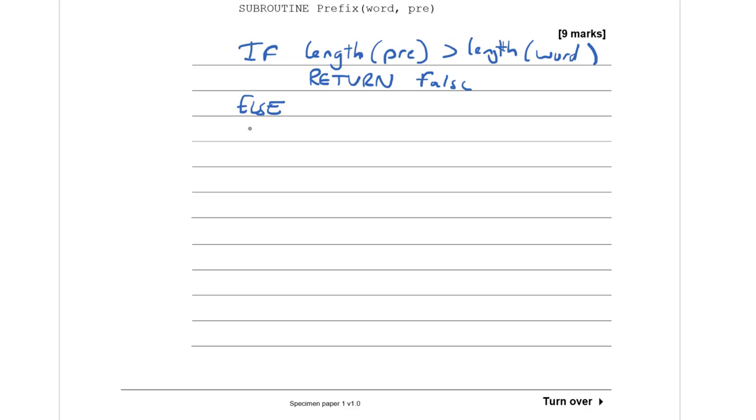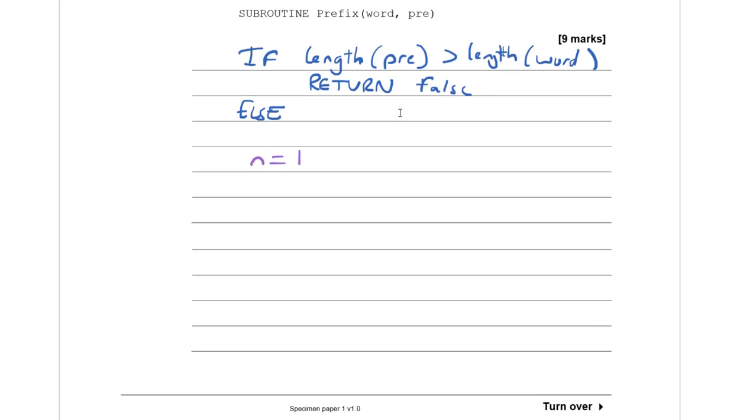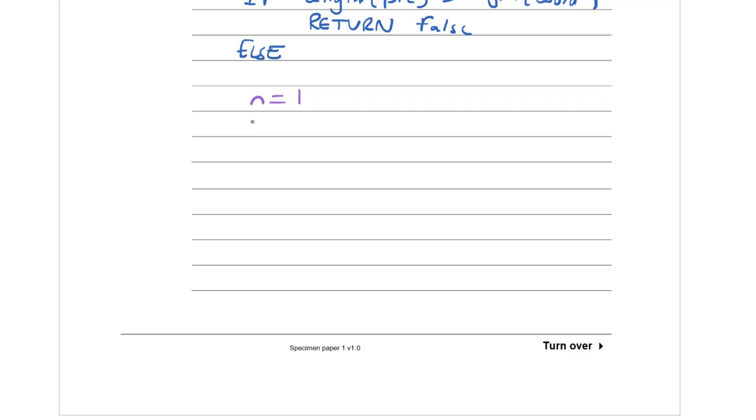So we need to first of all have a counting variable for our while loop to count the indexes. Let's do n as our variable. It doesn't actually matter what it's called, usually n or i. I'm going to start at 1. We're going to start at the first index because we're assuming it's greater than 0. So we need to do a while,